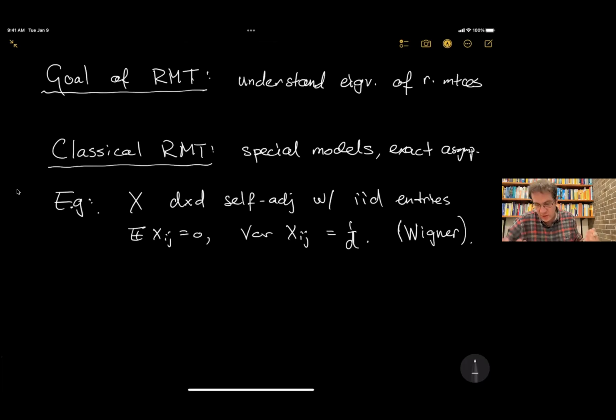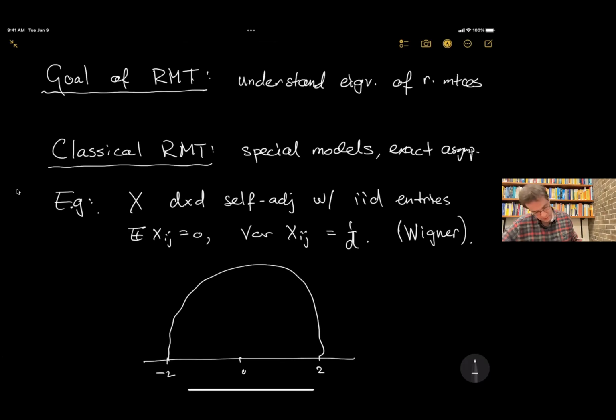This is the most classical model of random matrix theory, and their behavior is very well understood. The most basic result is that if you draw a histogram of the eigenvalues and I let D go to infinity, it'll converge to this beautiful distribution called the Wigner semicircle distribution. It goes from -2 to 2, and its density is exactly a semicircle, like this. Well, it looks very bad, but it's supposed to be a semicircle. So, asymptotically, the eigenvalues form this beautiful semicircle distribution.